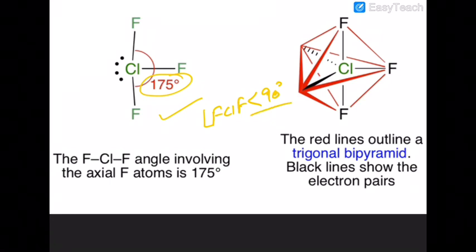The equatorial-axial bond angle should be 90, but that is not the case here, due to lone pair repulsion. So the lone pair in ClF3 always occupies the equatorial position, because in that case lone pair repulsion will be least. Are you getting that? So in order to make lone pair repulsion least, equatorial positions are preferred in case of sp3d geometry. Okay, in case of sp3d2 geometry, the scenario is different.